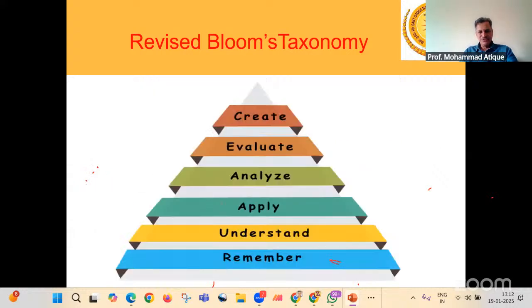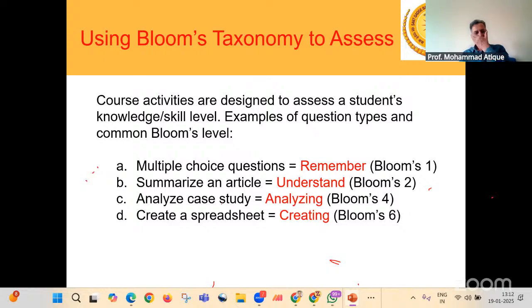Okay, so if you just try to recall the original Bloom's taxonomy, there we have knowledge at the bottom. Here we are talking about remember. Then we have understand, apply, analyze, evaluate, and create. These two things have been interchanged. That is, creativity, as expected, should be the highest objective of any education system. When you can make creative thinkers, meaning thereby you have achieved your objectives. So this is the revised Bloom's taxonomy, and it is adopted worldwide by all the leading institutions, right? Revised Bloom's taxonomy. And now we will try to change our focus.